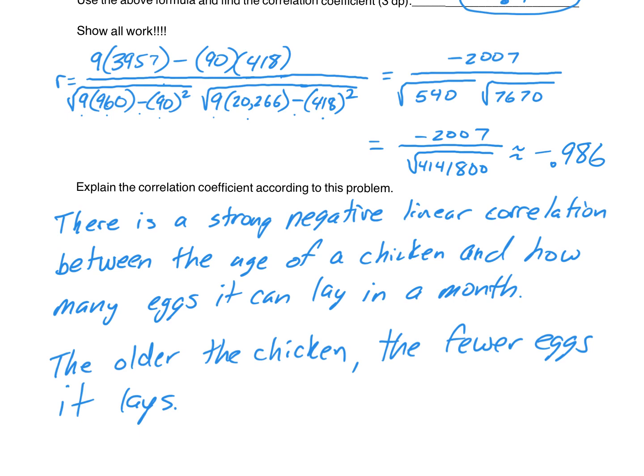Now remember, that last statement is you're actually answering what that chart is telling you, what that scatter diagram is doing. You also could write, the younger the chicken, the more eggs it lays. But I think they want to know the older the chicken because, okay, so this chicken only laying so many eggs, let's get some more chickens that are younger, okay? And if you go back